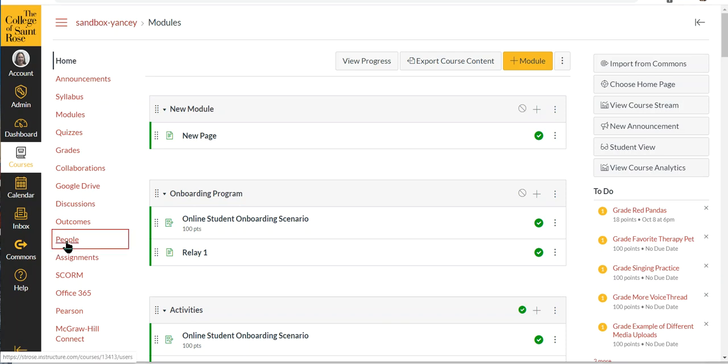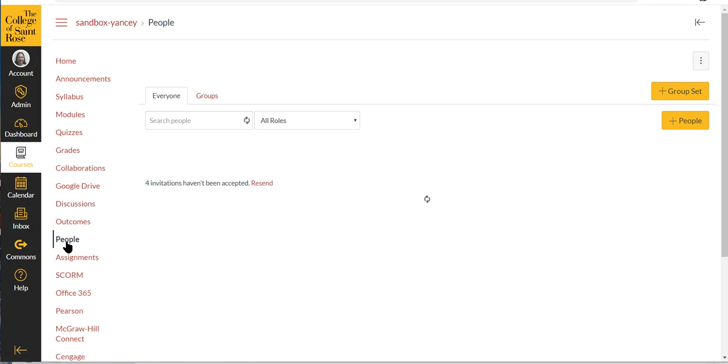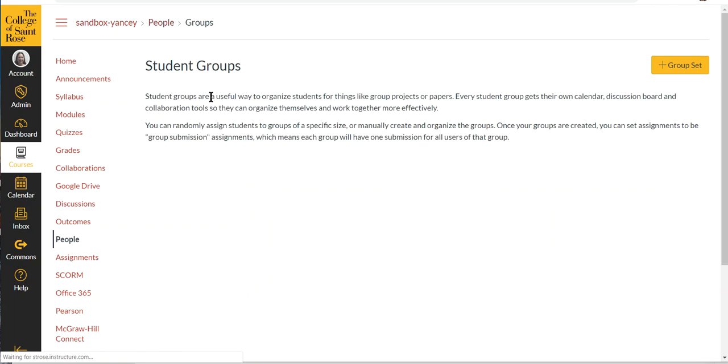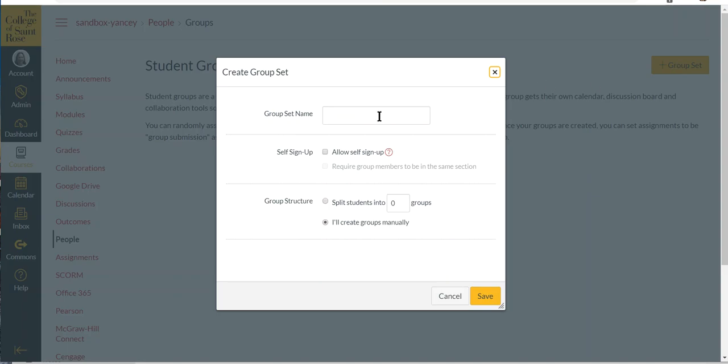First, go to People, and you'll see a list of your students. Go up to Groups, the Groups tab, and then select Group Set, Add Group Set. Create a name for your group,